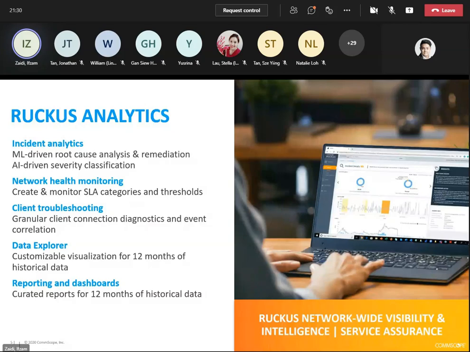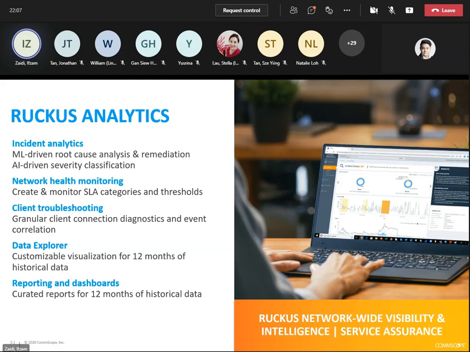So these are our main features and what is inside Ruckus Analytics. What we have here is Incident Analytics, which is powered by machine learning and artificial intelligence that enable machine-assisted proactive networking for your Ruckus deployments. It automatically establishes a normal range of behavior for each network element without requiring any input from your IT help desk or IT administrator.